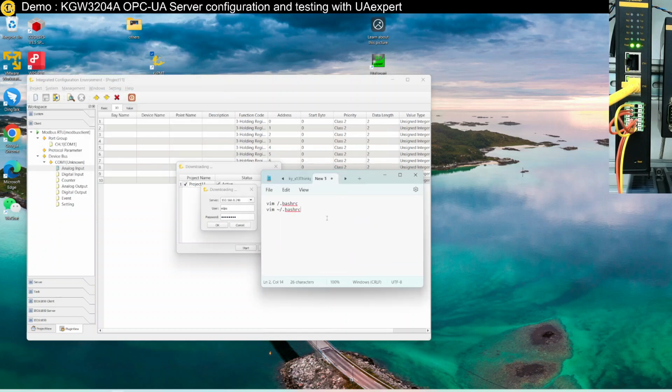Okay, let me erase, let me create a new one. Is there a new one? Can I create a new one? Yeah, okay. So for this, the username is EDPS, okay. And the password is